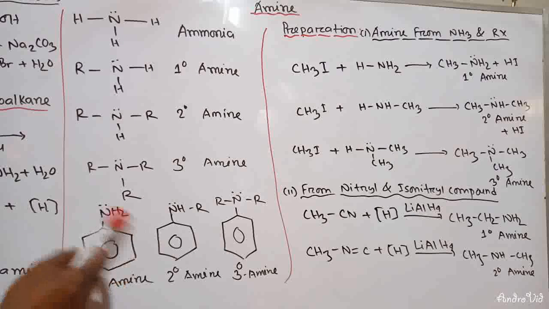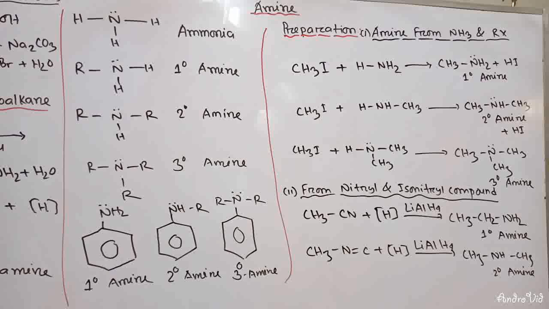Okay, so this type of compound is called an aromatic amine. It has another name, which is aniline. This is a 1 degree amine, a 1 degree aromatic amine. And here, if you replace one hydrogen by another alkyl group, then it will